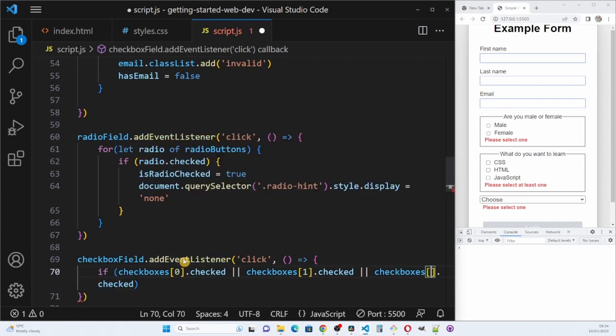So if any of the 3 checkboxes is checked,